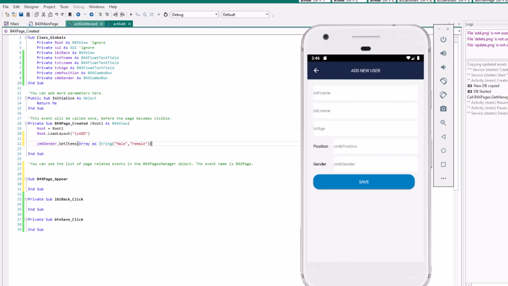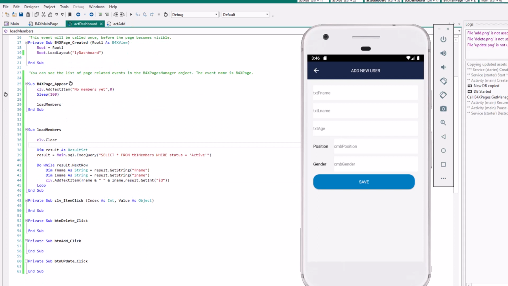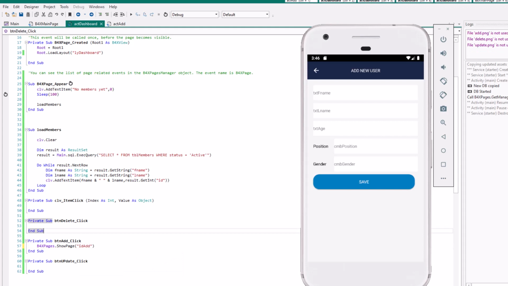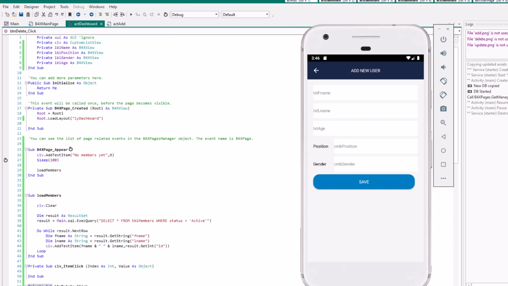With the dashboard, now when you click the add, it will show that page. Your first page dot show page, the ID is ID add. Good. So when we run, it should take us to this page, right?